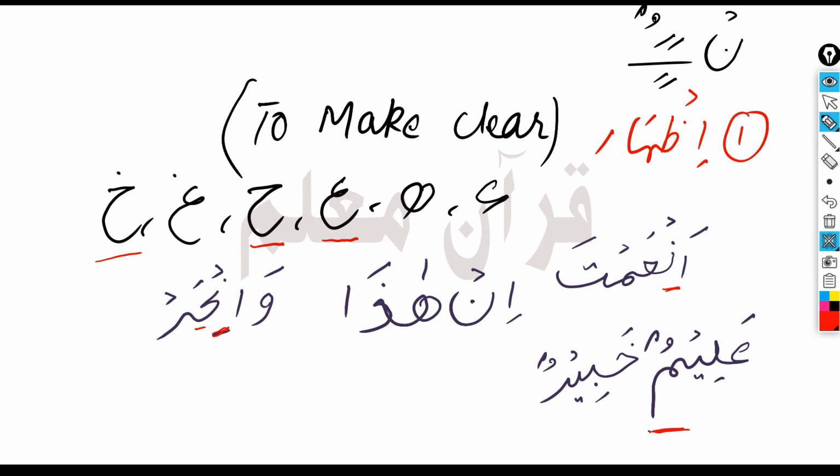If you see any of these 6 letters after noon sakin or tanween, you don't do gunna. So after tanween, after dhammatain, we have kha, and we are not able to do gunna. It's just alimun khabir. We can't say alimun khabir. It's wrong. Another example with the tanween,